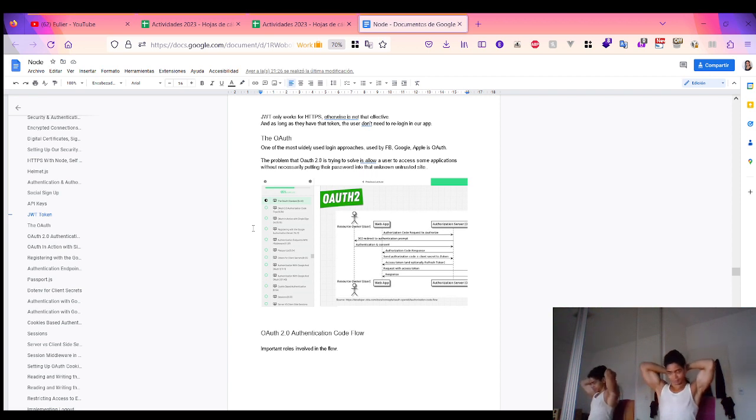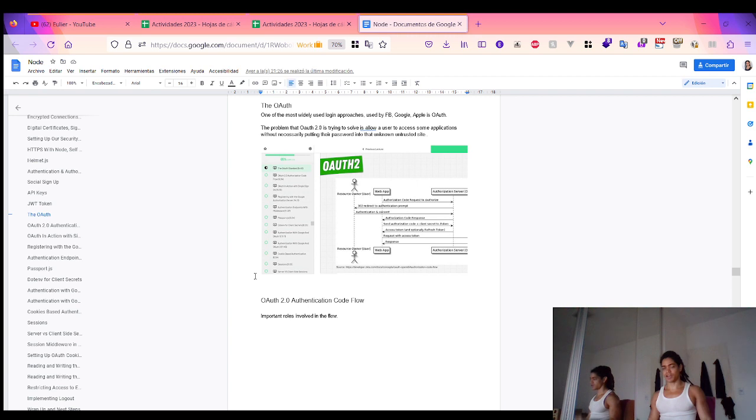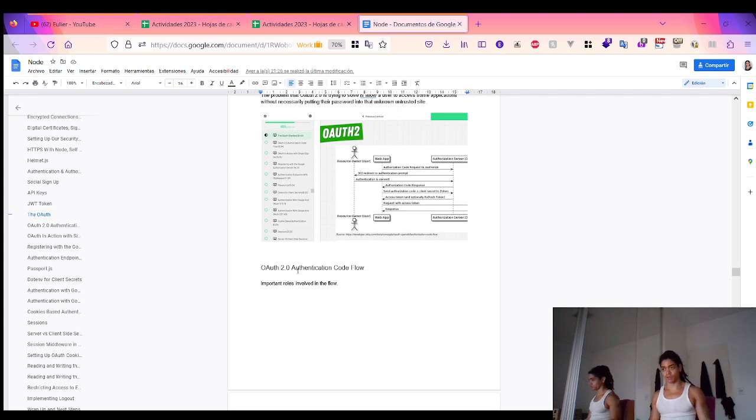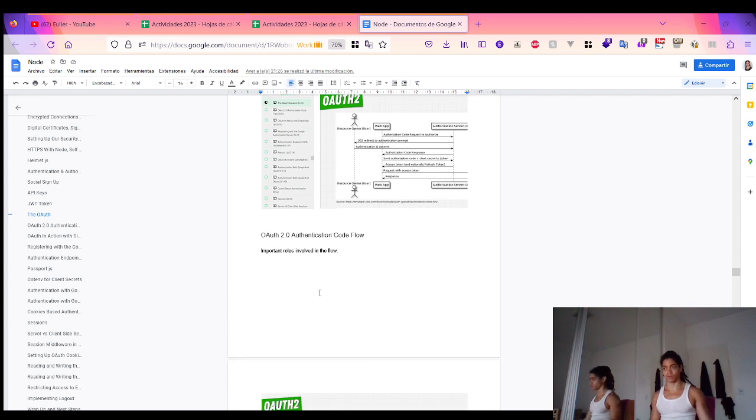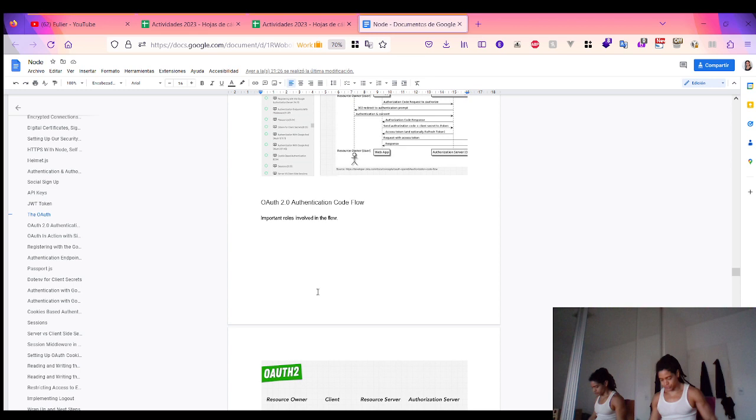But in any case, this is not a privacy control class, right? This is an overview of now the OAuth flow, or the OAuth 2.0 authentication code flow. And the funny thing is that when I saw that, because I memorized all of these different steps that are